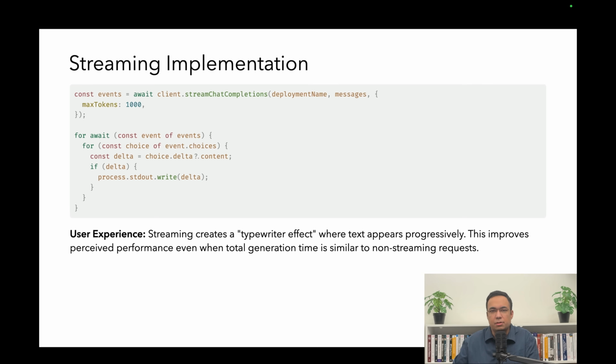From an implementation perspective, streaming is straightforward. Most Azure OpenAI SDKs provide streaming methods. You just iterate over the event stream and process each delta as it arrives. Error handling is pretty important though. If the stream is interrupted, you need to handle that gracefully and potentially retry or inform the user that